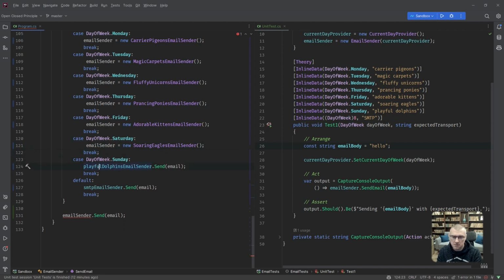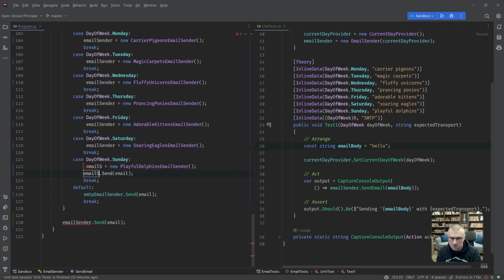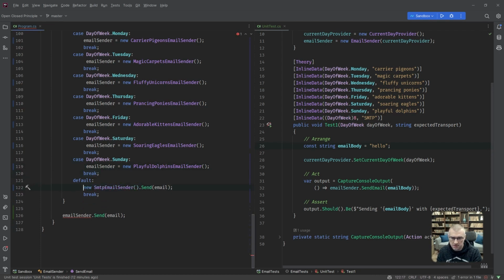Inline field, variable, sender, and inline field, whoops, variable, email sender.